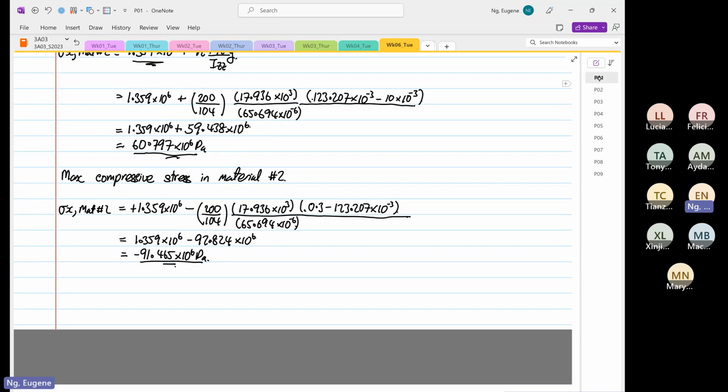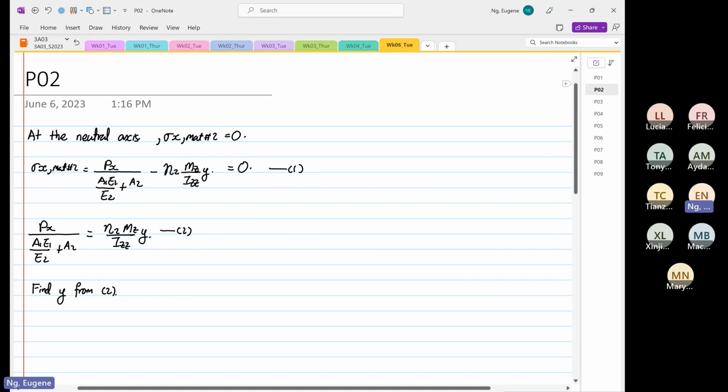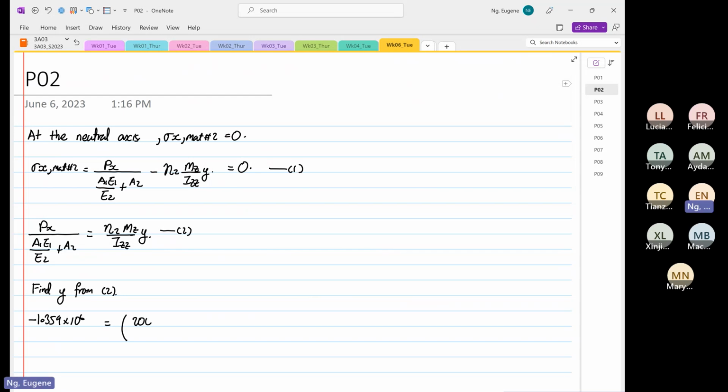So we know that the stress over here is 1.359. So if on the left hand side is 1.359, you bring over is minus 1.359 times 10 to the power 6. And then N2 is equal to 200 divided by 104, right? And then you have your